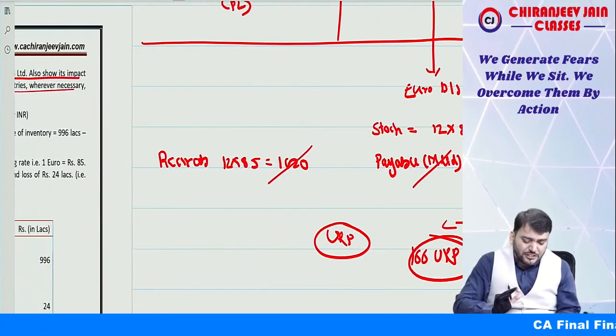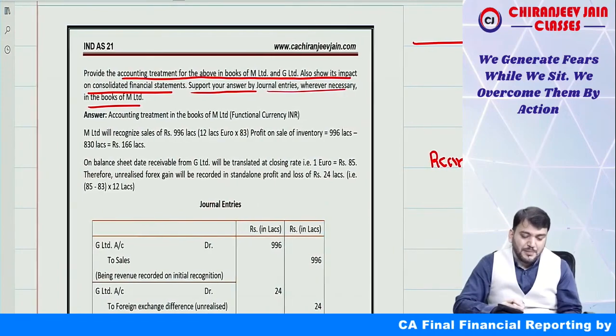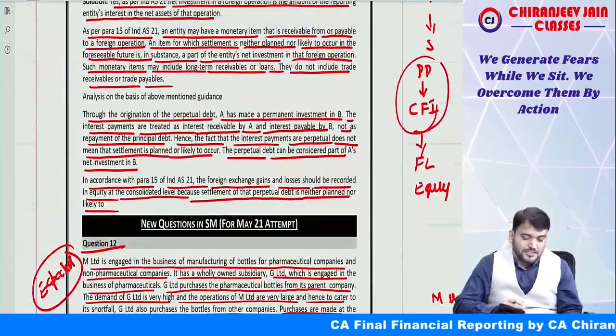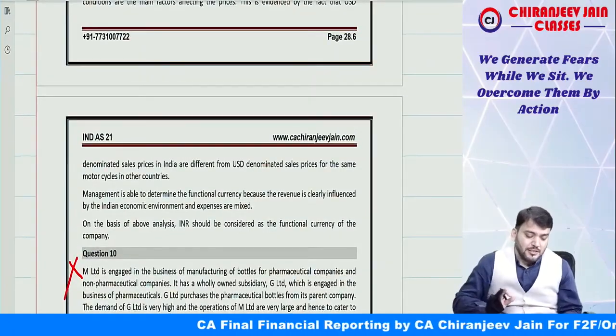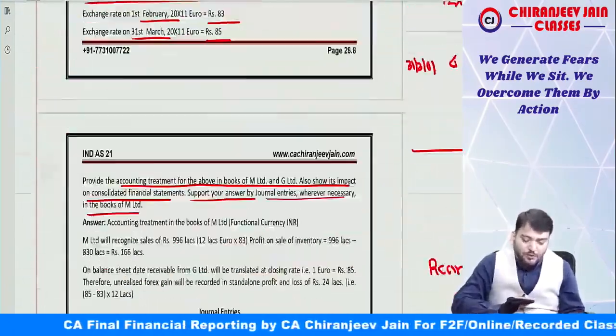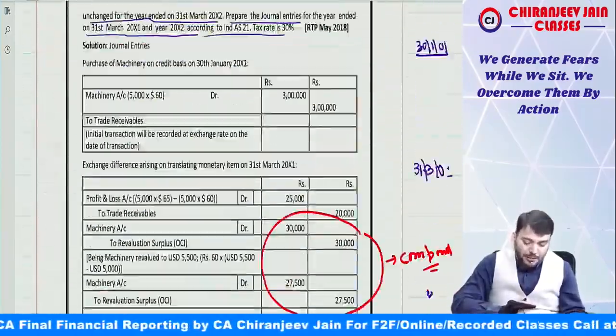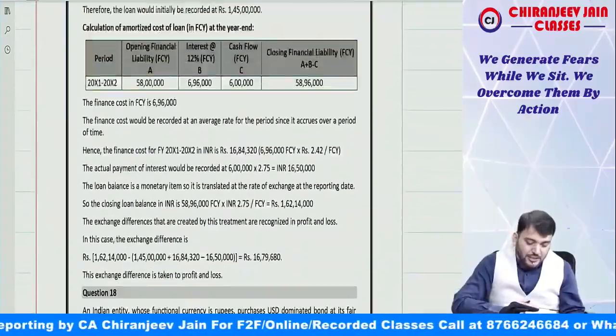However, in the suggested solution, one point is given wrong. I don't know from where they get this type of suggested solution, but it will not impact the solution. That information will not impact it, but I need to inform you what is wrong. Page number 28.9. Let's check what they have said.